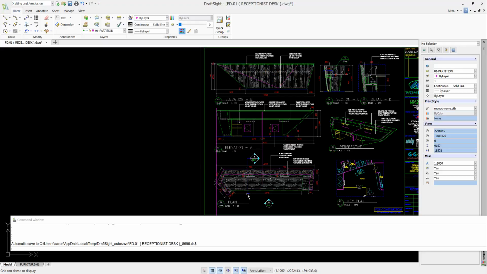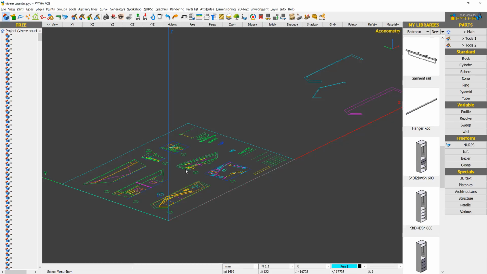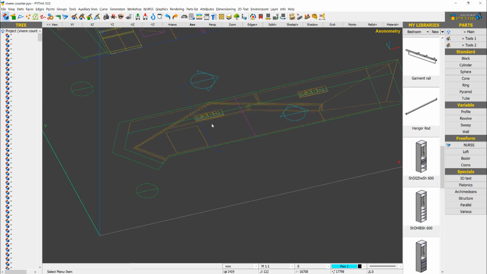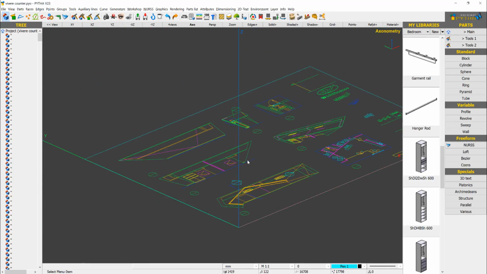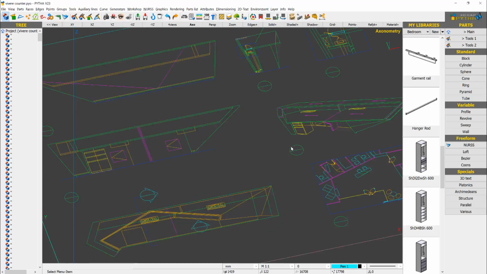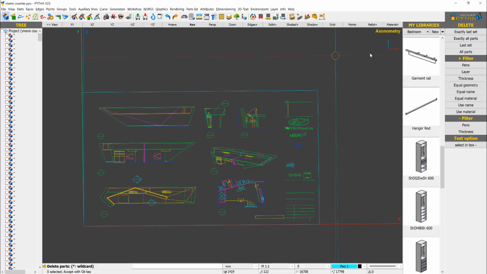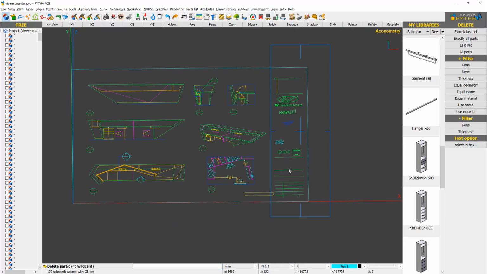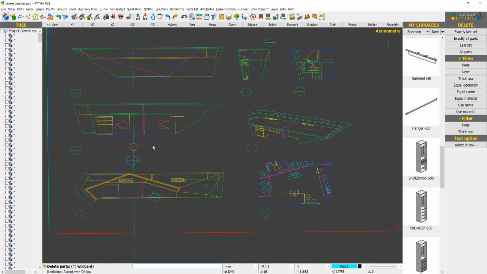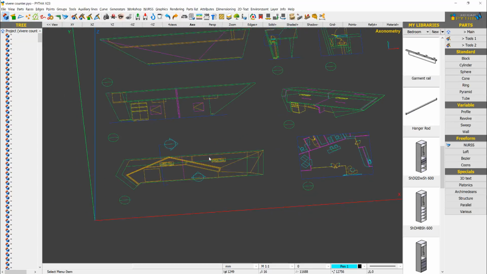First, I can just import this, because it's a DWG file, into PYTHA. And when I do that, this is what I get. So first, if I look at this design, I'm just going to delete the unnecessary lines like the title block. And first, if we look at this, we know that